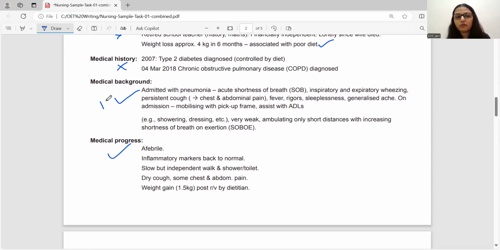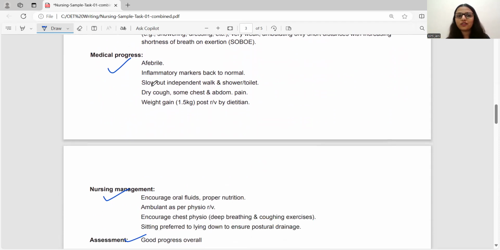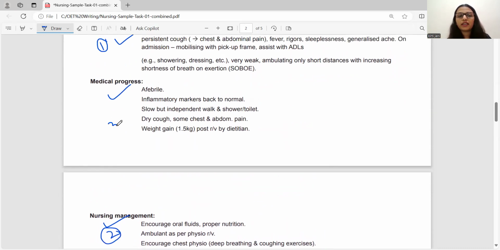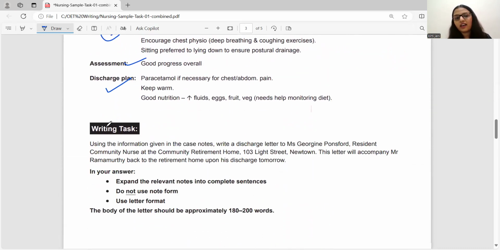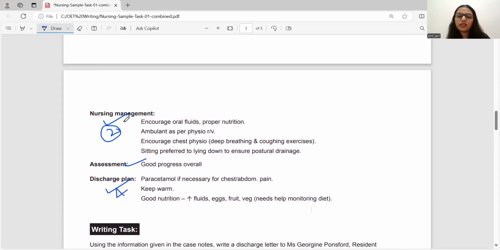We can begin with medical background. Now, should I write medical progress? Well, my reader will be confused. What happened? Patient came in with the complaints and immediately got the result? Was it magic? No. This is not the right information. This is not the right sequence. I may write about the nursing management as a second body paragraph, and then I may write about the medical progress. And finally, I can make requests, right? So this will be the correct